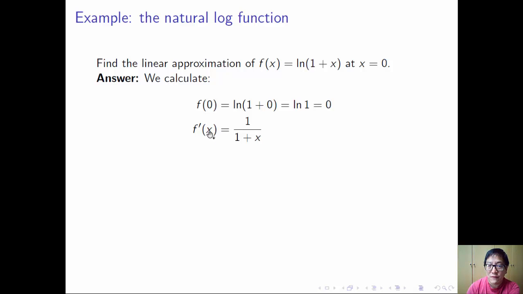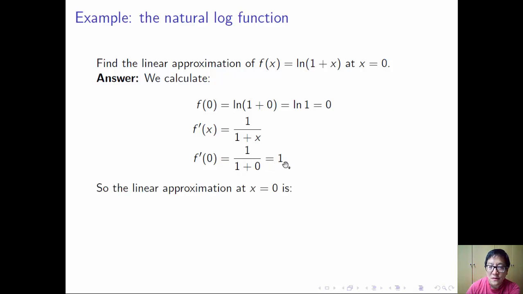Well, first we have to find the derivative of f. f prime of x is equal to 1 over 1 plus x. Remember, there's actually a little invisible chain rule term here, which just happens to be 1, so we can ignore it. Anyway, f prime of x equals 1 over 1 plus x. And so plugging in 0, f prime of 0 is equal to 1 over 1 plus 0, which is equal to 1. And so the linear approximation to the natural log of 1 plus x at x equals 0 is